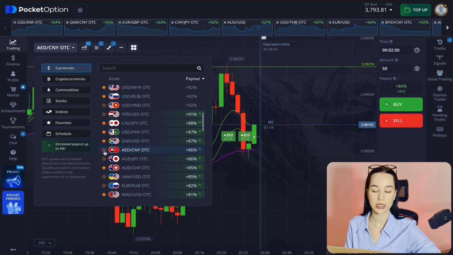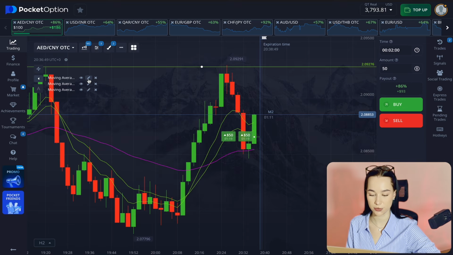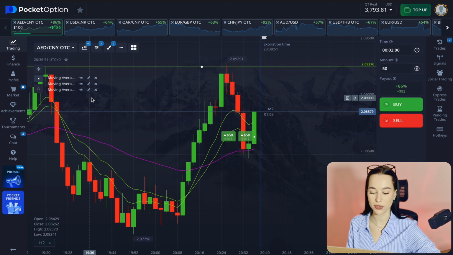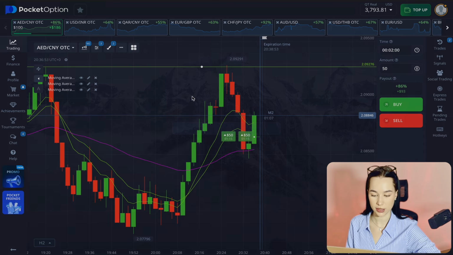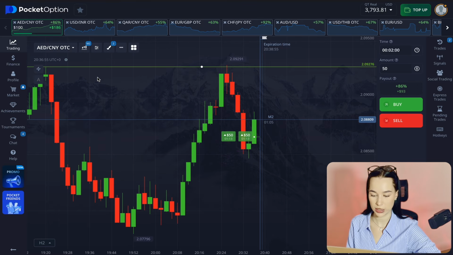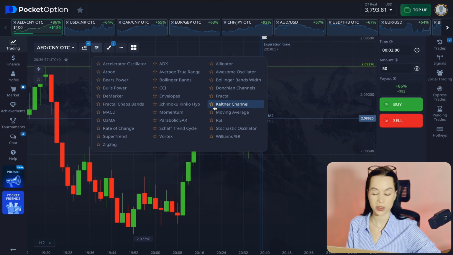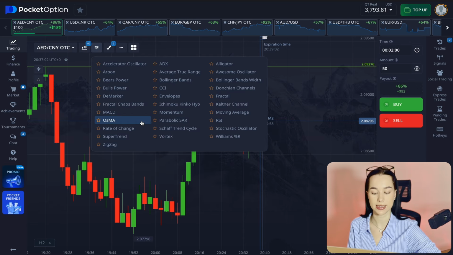I'm also going to show you the settings again. So here the periods are 8, 14, and 15. All of them are EMA. And I'm going to delete it for you and show you something else. For example, some people like to use SMA, but I prefer mostly MACD, and this is the difference